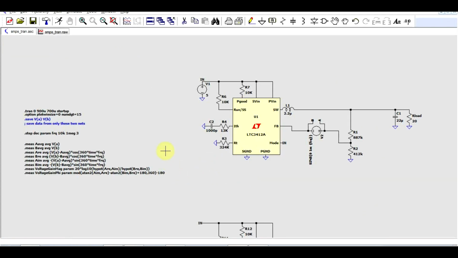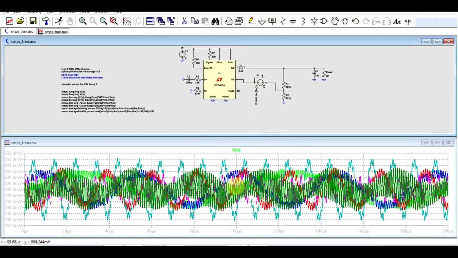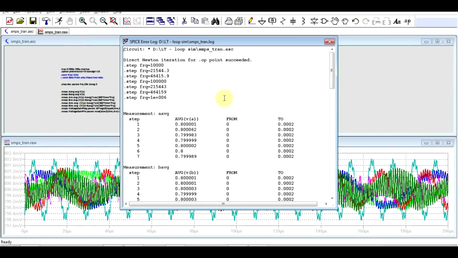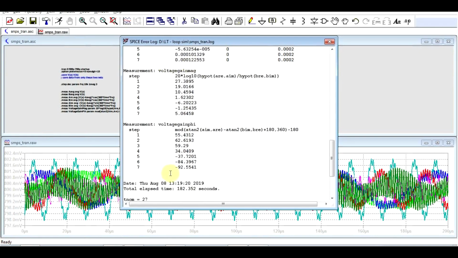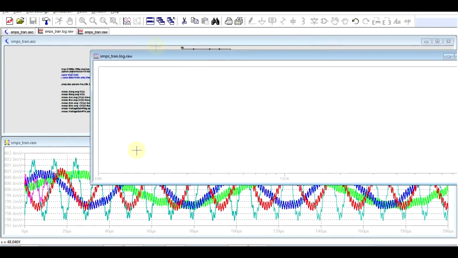So the simulation is done. How do we extract the data? Well, if we look at any of the node voltages, we won't see anything useful. I mean, we see a lot of colors and some oscillations, but this isn't really a Bode plot. To do that, we need to go to the error log. This is where all the measurement data is highlighted, and then simply right click and we need to plot the stepped measured data. Now we get this question regarding complex data, and yes, we do want to write this as complex data, and we get another window